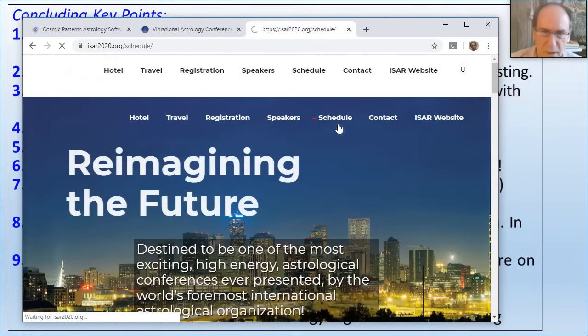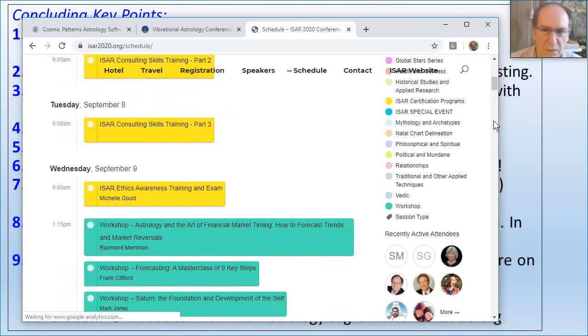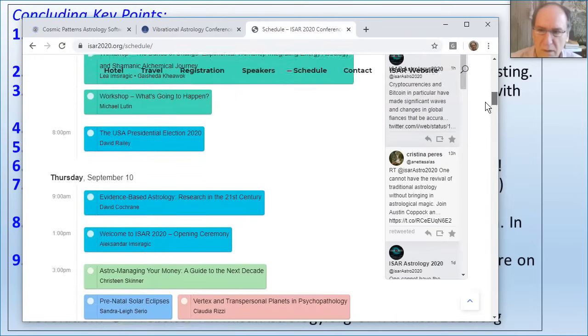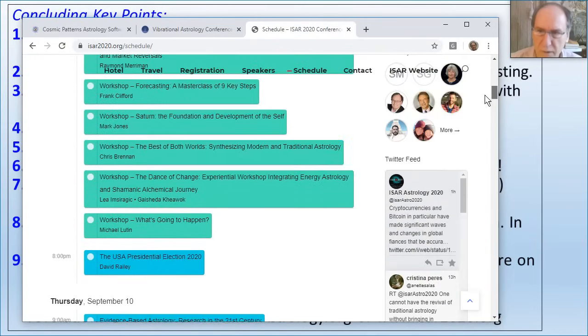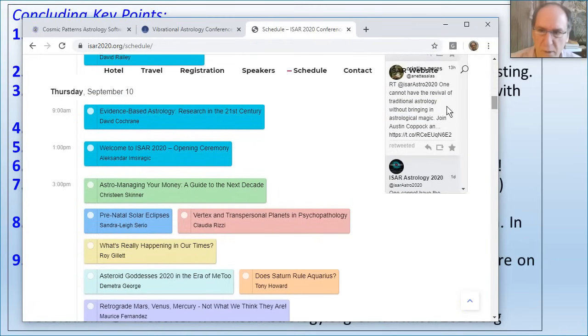If we look at the schedule, I'll just show you this last thing, and you scroll down through the schedule. Here's the pre-conference on Wednesday, and here we are on September 10th, the Thursday of the opening. And there's the evidence-based astrology lecture at 9 to 11:30 in the morning,